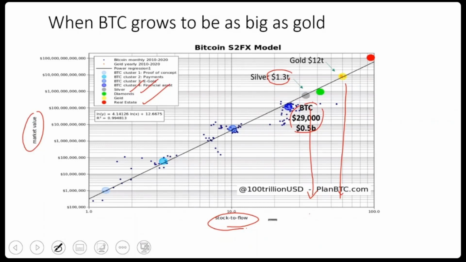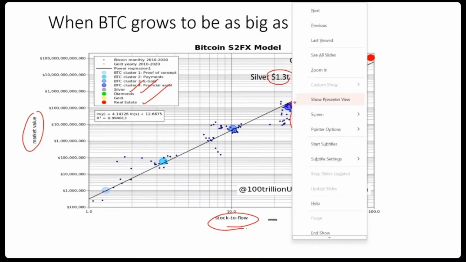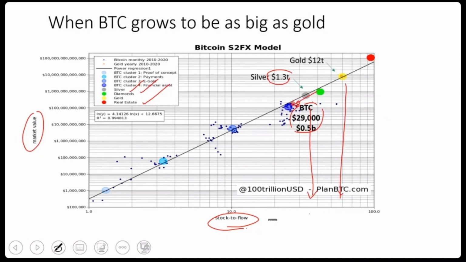What it really tries to project is that Bitcoin today, somewhere around here, as it moves up in terms of market cap, will eventually overtake silver. It did momentarily before falling back. It will eventually overtake diamonds, and potentially go to gold. So you have to have that assumption. If you ask someone like me, where do you think Bitcoin is going in the future, I would confidently say I think it's going to overtake gold in terms of its market cap. So Bitcoin today at 0.5 billion market cap, I think it's going to go to 12 trillion. I don't know when, but I know in the future it's headed in that direction.